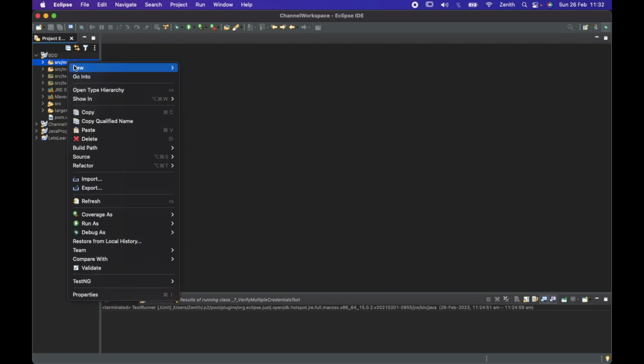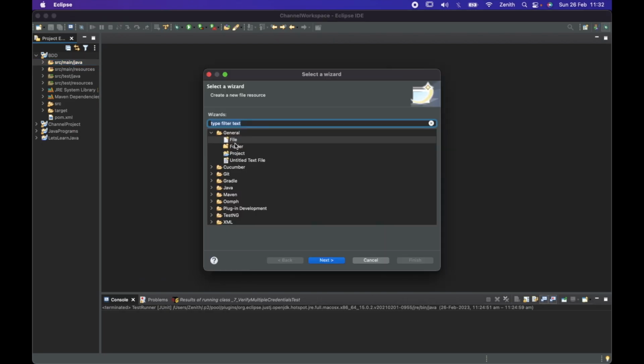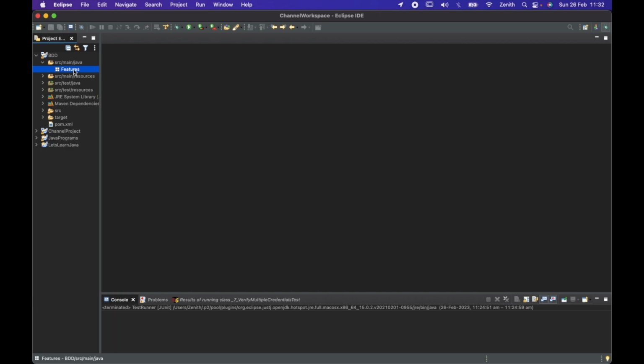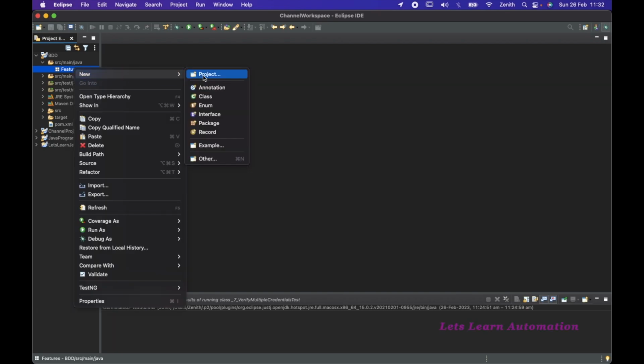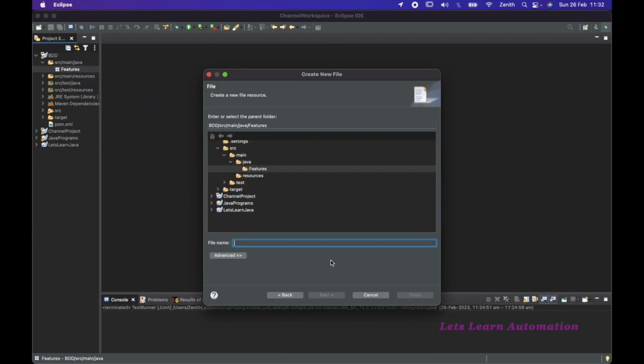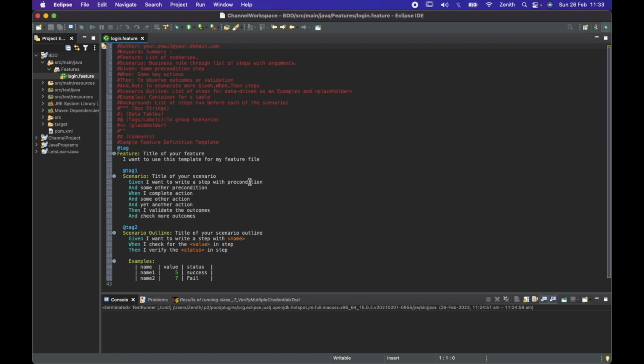I will create one folder. So folder means go to others, then yeah, in general we have folder. Next, and give the folder name like features. Features, and here I will create one new other and file. Yeah, file we need to create, and we can say login dot feature. Finish. Okay, so by default